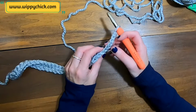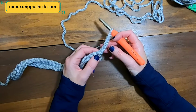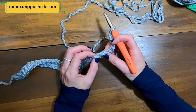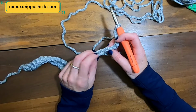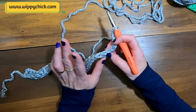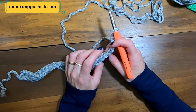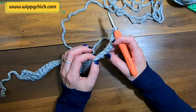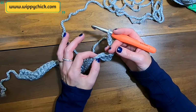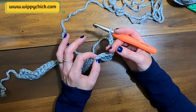Okay, we're going to skip our first 3 stitches. So remember, don't count your chain. 1, 2, 3, and we're going to build into this stitch here. And I've already practiced the row, so my stitch is a little stretched out. Yours is probably not stretched out yet, but it will be. Okay, so we're going to skip 3. We're going to work into the 4th stitch, and we are going to put in 3 double trebles into that